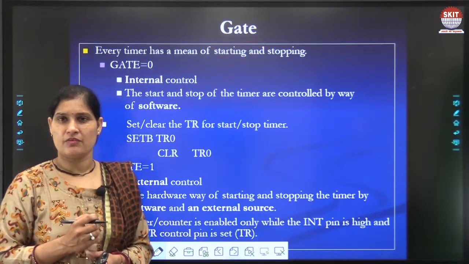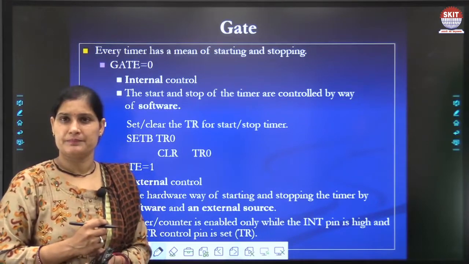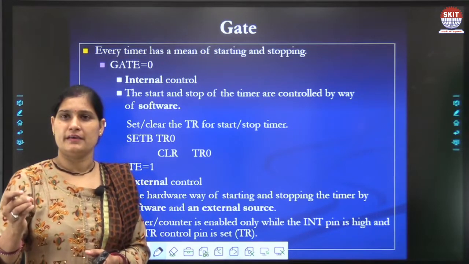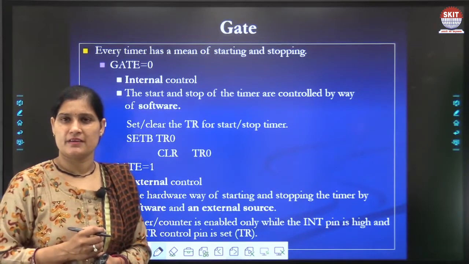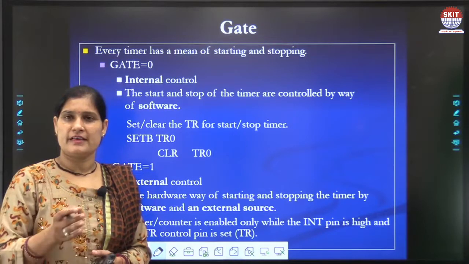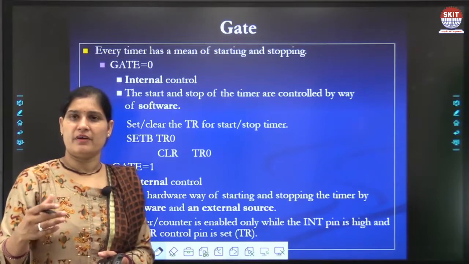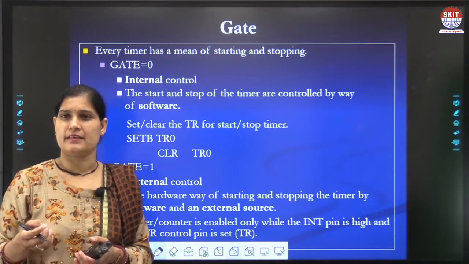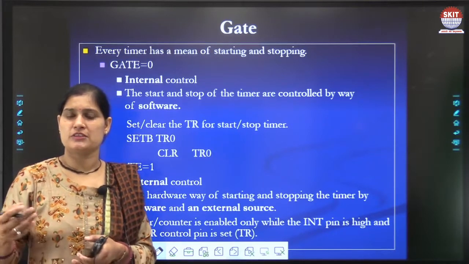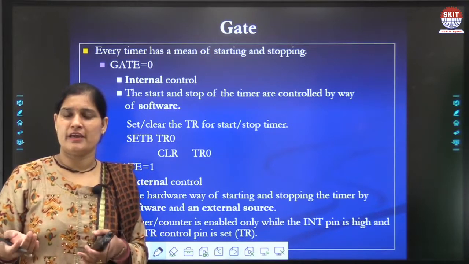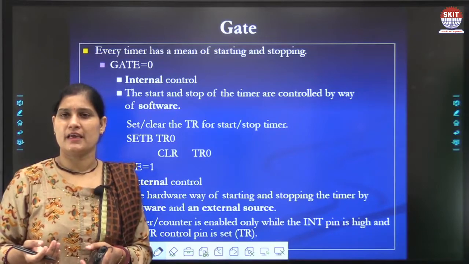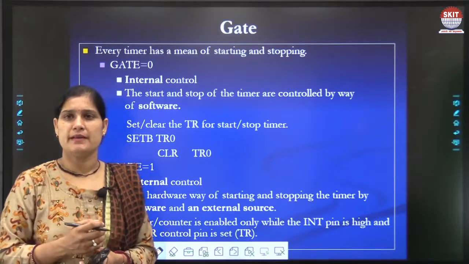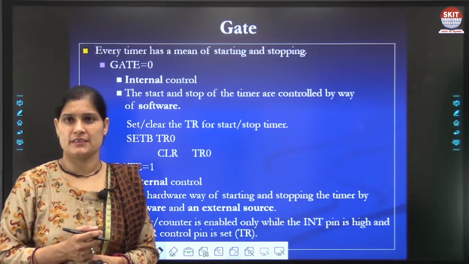We have studied that to start timer 0 we write SETB TR0, and to stop timer 0 we write CLR TR0. Then why do we use the gate bit in the TMOD register?